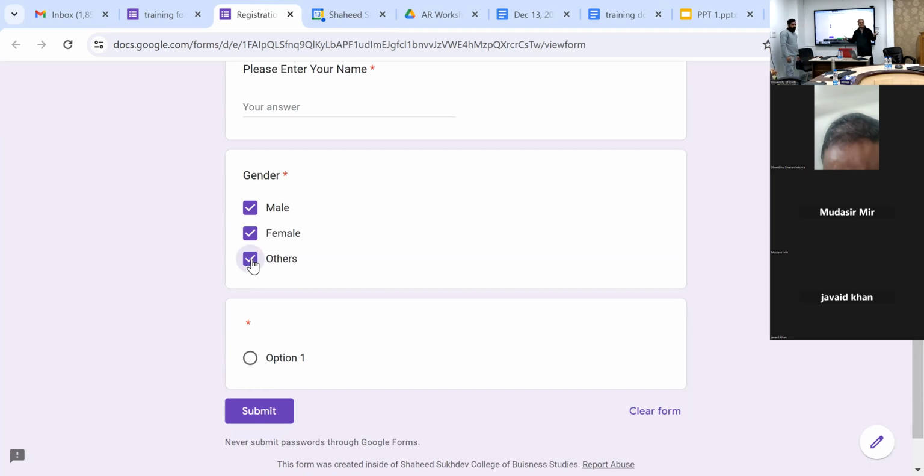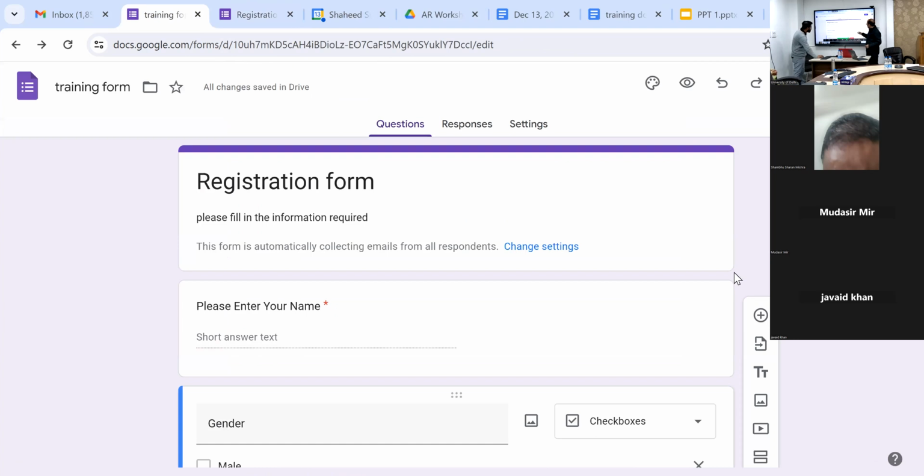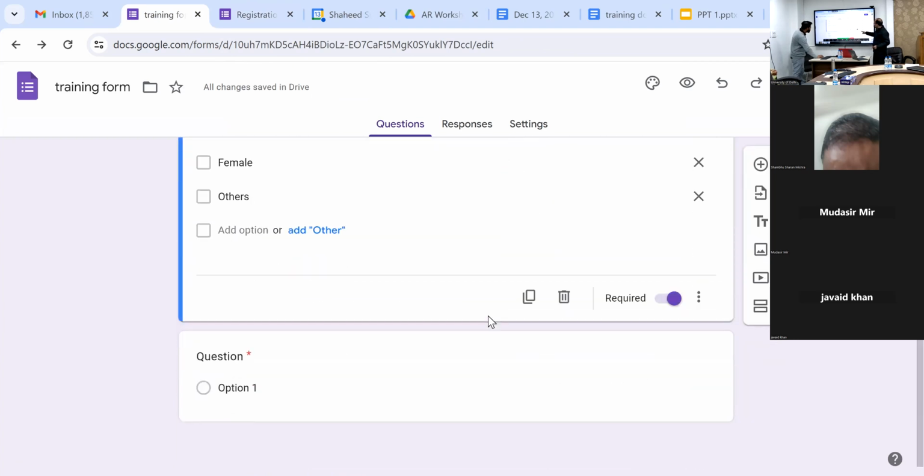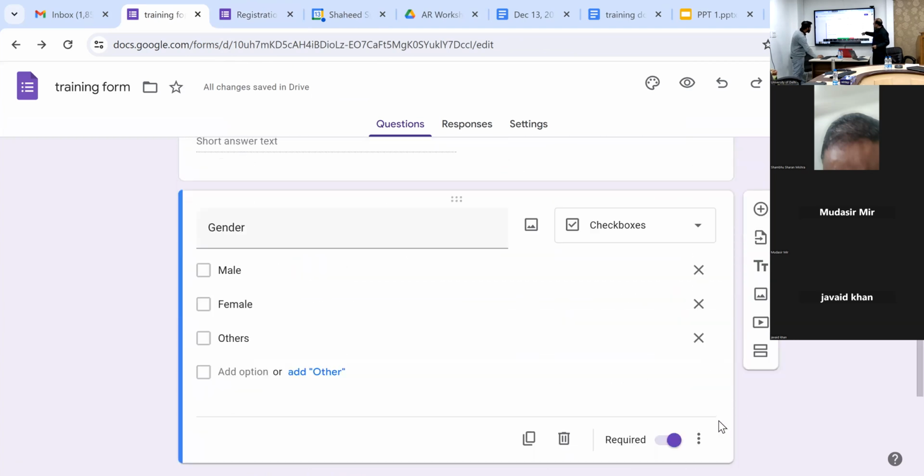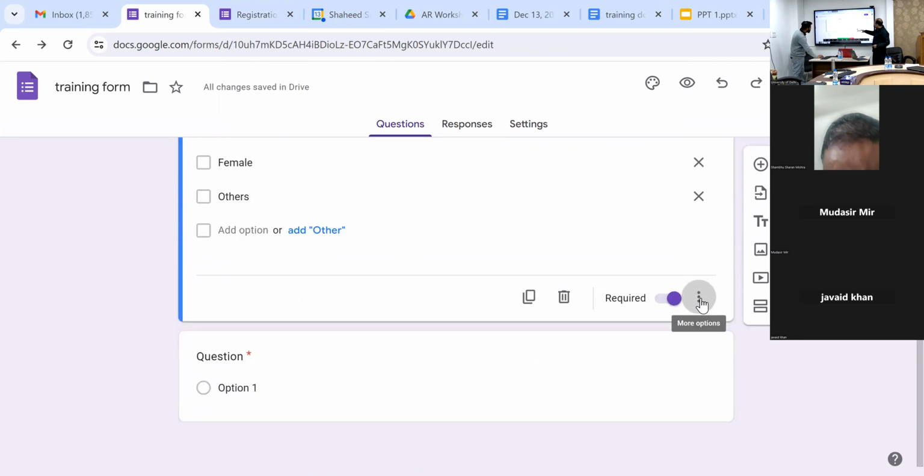अब किसी ने अगर कर दिया गलती से दोनों तीनों या जानबूझ के भी कई बार आप बच्चों को फॉर्म भेज रहे हो, कई बार बदमाशी करते हैं, ठीक है, तो ये एक दिक्कत आ जाएगी। सो इसके लिए वापस जाएं, For this again you go to the 3 dots, रिक्वायर्ड वाले टॉगल के साइड में, राइट, रिस्पांस वैलिडेशन, गो टू रिस्पांस वैलिडेशन,